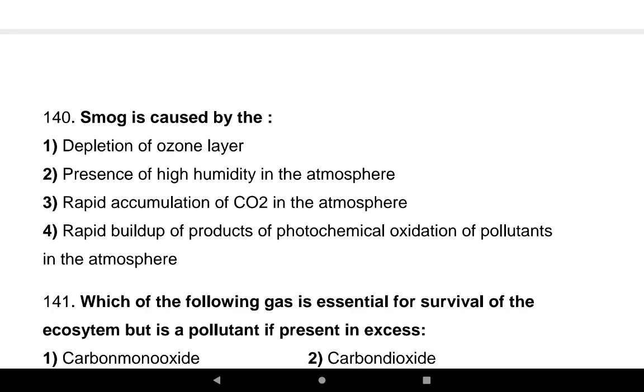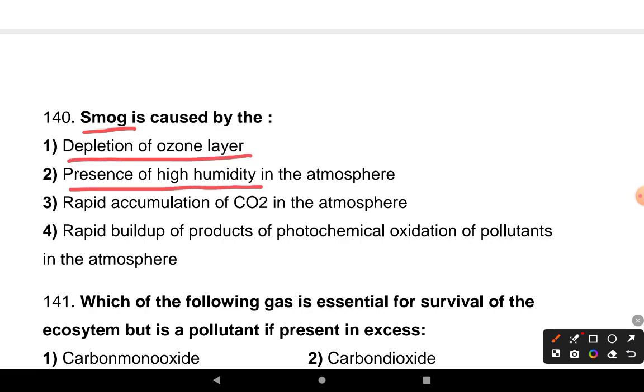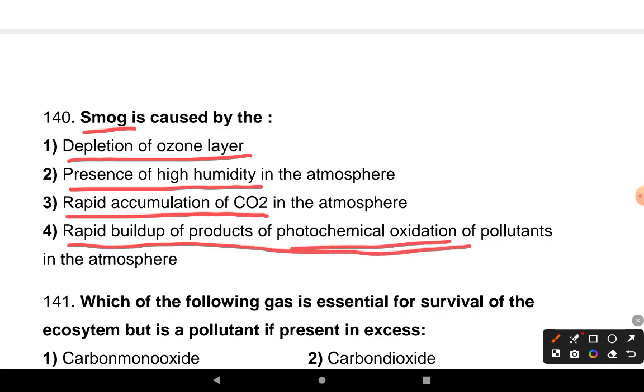Our next question is, smog is caused by the depletion of ozone layer, presence of high humidity in atmosphere, rapid accumulation of CO2 in the atmosphere, rapid buildup of product of photochemical oxidation of pollutants in the atmosphere. So the correct answer is option 4. Smog, which is a combination of fog and smoke, is caused by rapid buildup of product of photochemical oxidation of pollutants